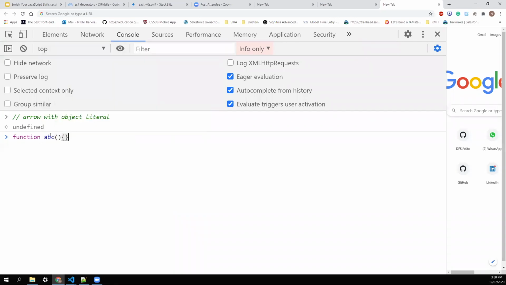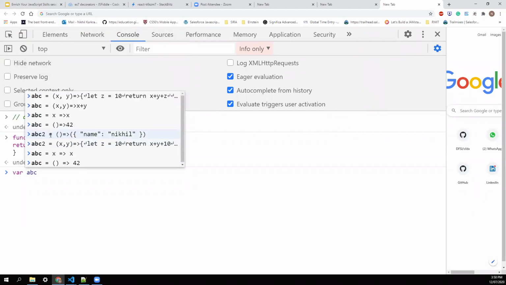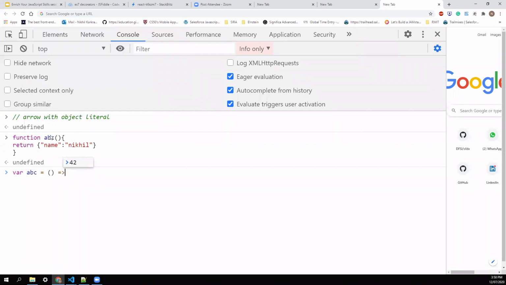So it's return. Now to convert this statement in your arrow function, just make sure you should use a curved bracket. I'll show you quickly. So where ABC, and here we don't have any arguments, I can return.